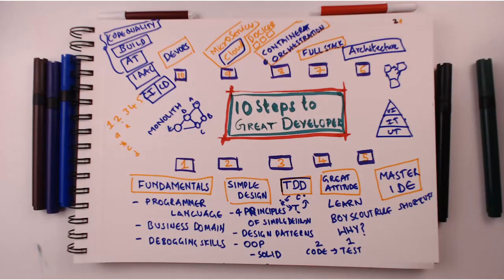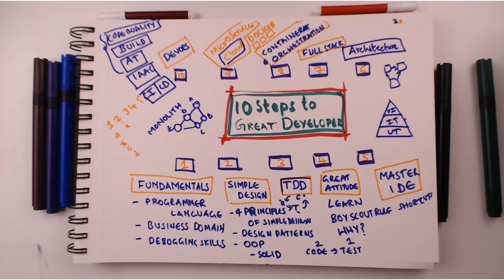After that, we talked about the attitude of a great developer. We said you have the attitude to learn every day. Continuous learning is very, very important. You have the attitude to improve whatever you see. You follow the Boy Scout rule. You have the attitude to question everything, to understand in depth about why a specific choice is made, why a specific framework is used, why a specific tool is used, why something is done a specific way.